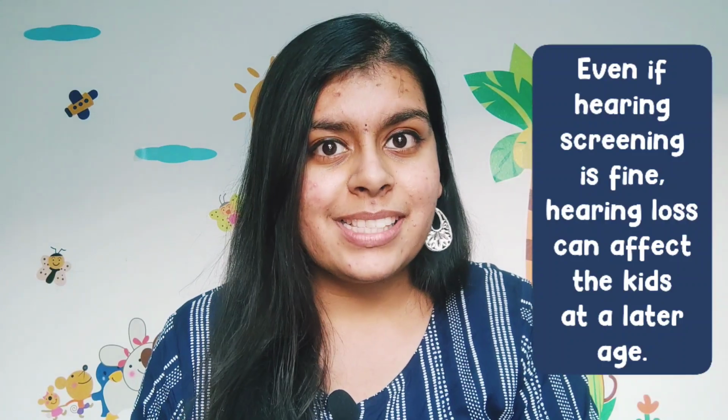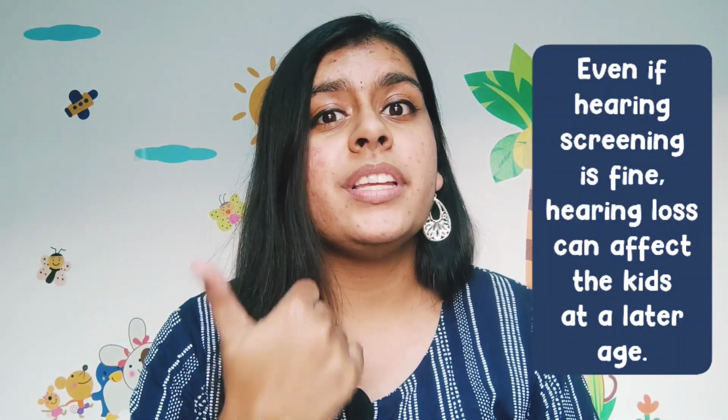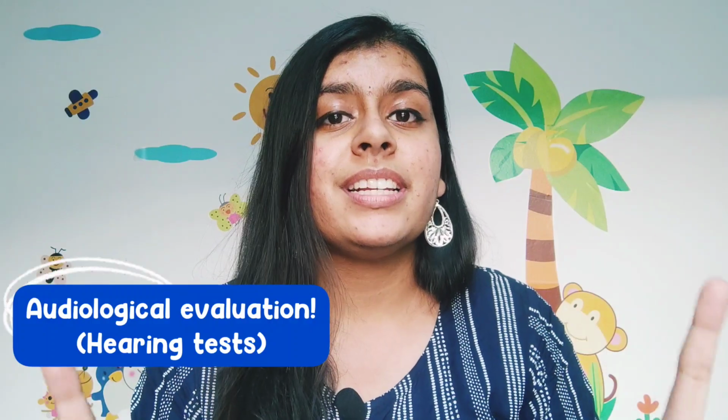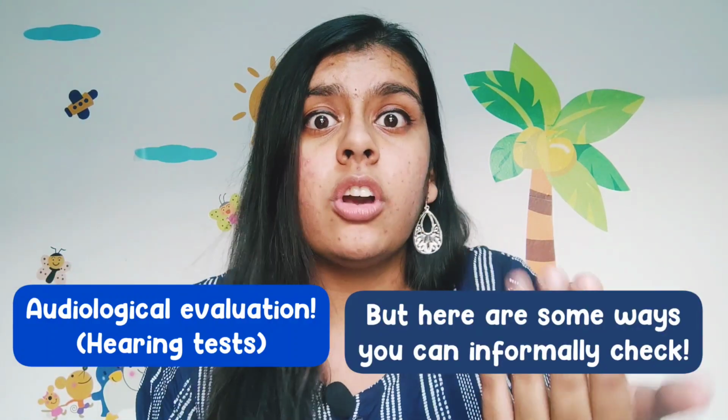Even if the children pass this at a later age, they can still get hearing loss. It could be due to ear infections or any other causes. So how do you identify this? First thing is you need to go to an audiological evaluation. But there are a few things which you can look out for to see if your child could have a